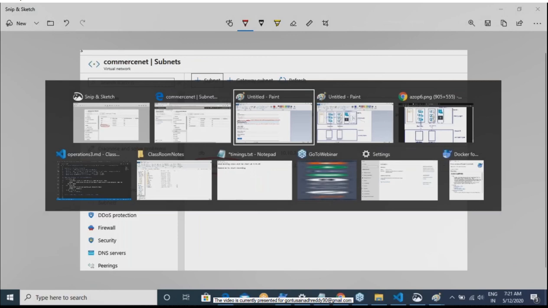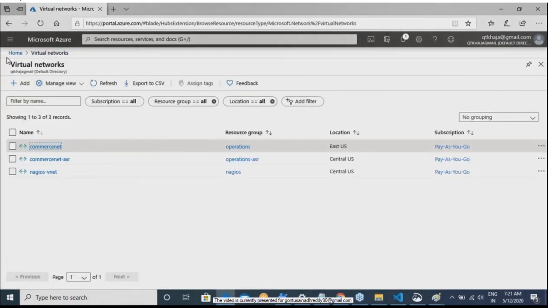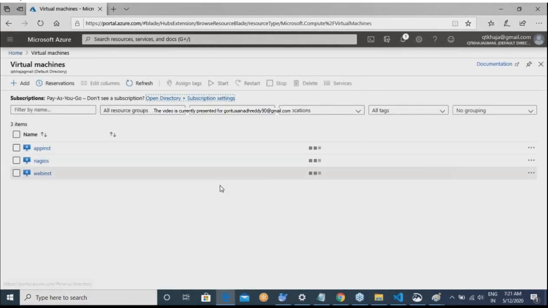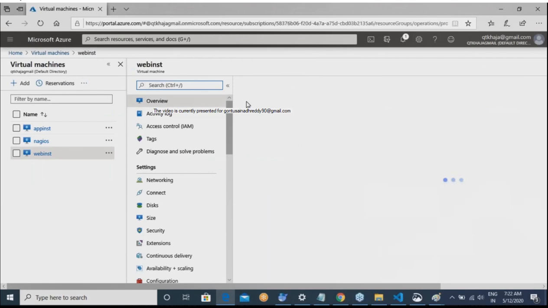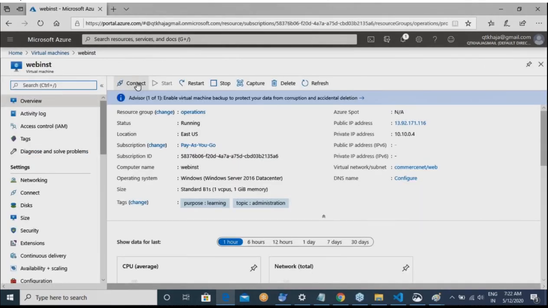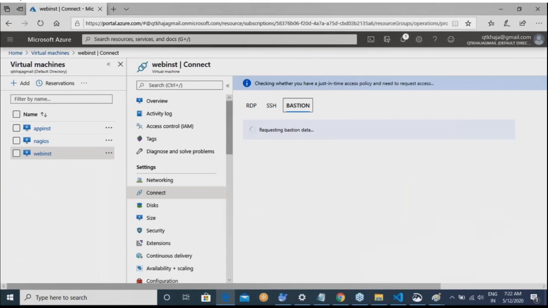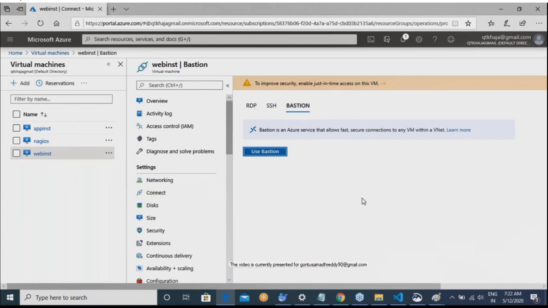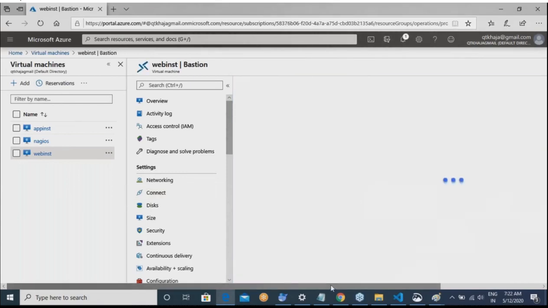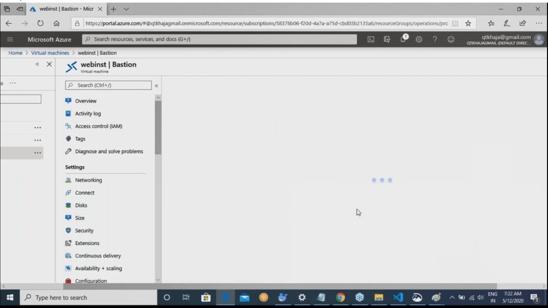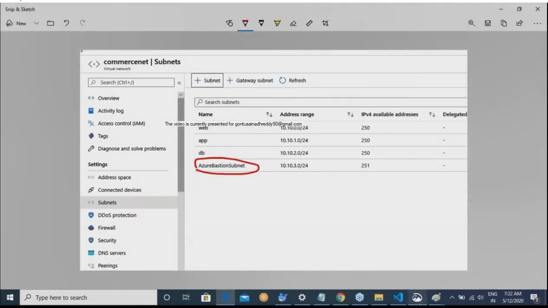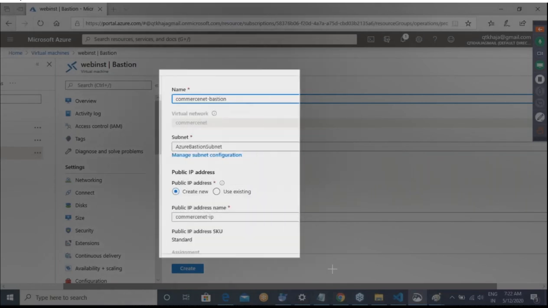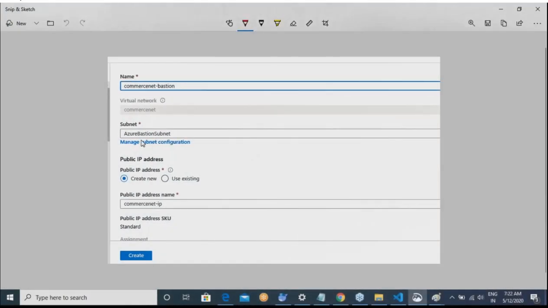So with this, you really don't need to create a virtual machine every time to help your connections. You can go to the virtual machines, web by NST, connect, Bastion, use Bastion. If you remember, it is not throwing me any error now because I have the subnet configuration.